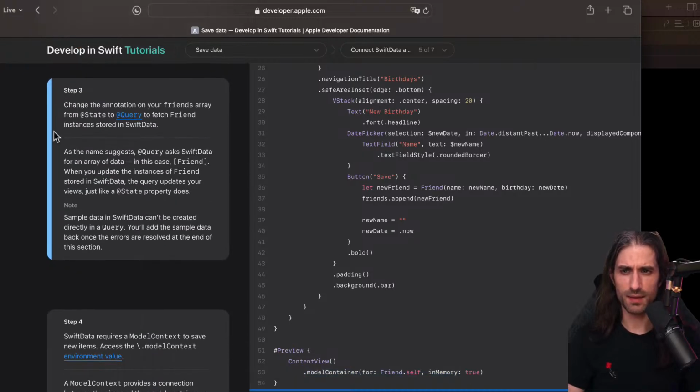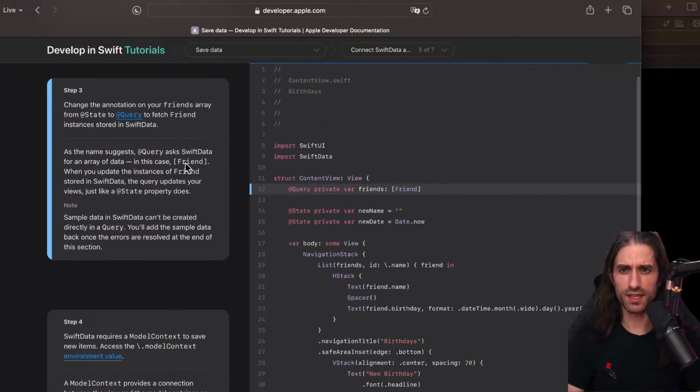Okay, next step. Change the annotation on your friends array from @State to @Query to fetch Friend instances stored in SwiftData. As the name suggests, @Query asks SwiftData for an array of data, in this case an array of Friend. When you update instances of Friend stored in SwiftData, the query updates your views just like a @State property does.